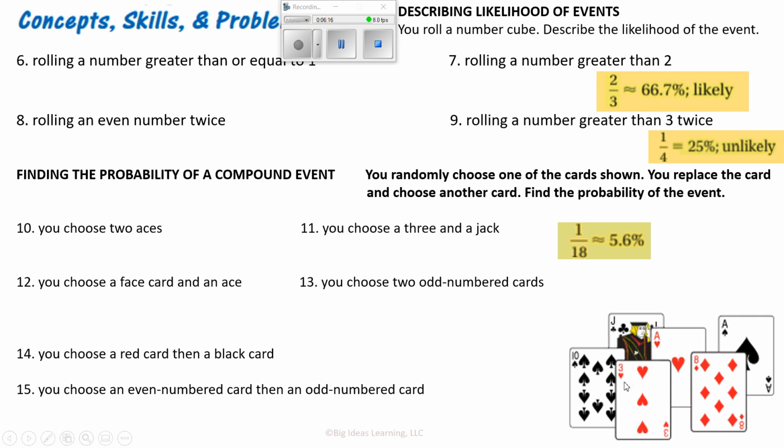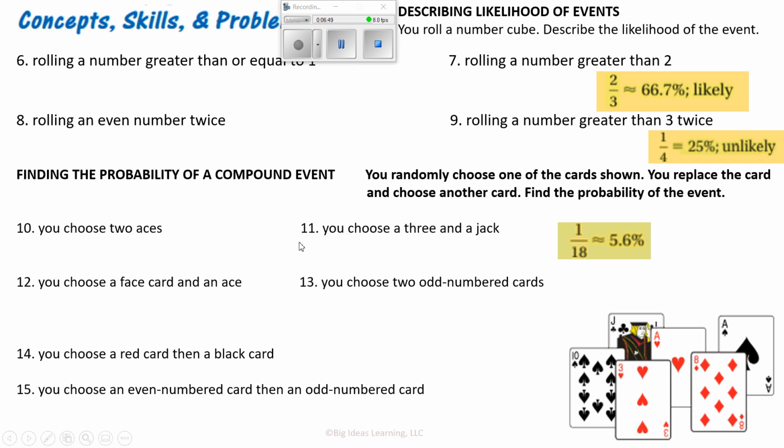We know that we're trying to get one card out of 6. So you choose a 3 and a jack. So your options are going to be 10, well, 3, 10, 3, and this is going to be 1 out of 6. And then again, to get the jack,